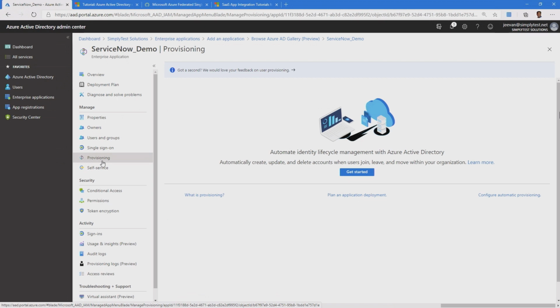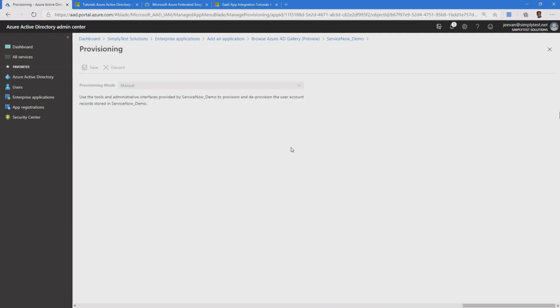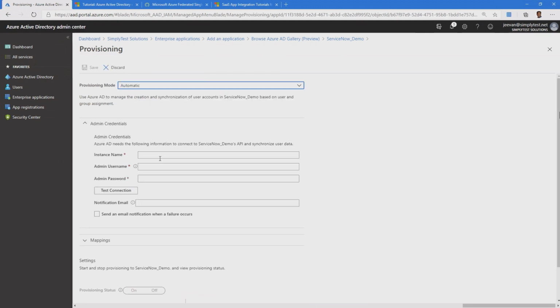This is the ability you get when you add this application from the app gallery. When you click on this Get Started button, you will get this option where you can choose from manual to automatic, and you can just provide your instance name, username, and password to test the connection and then configure the mappings. I'm not going to cover this in this demo, but please feel free to have a look at this.